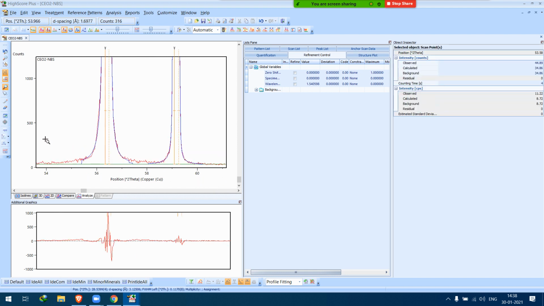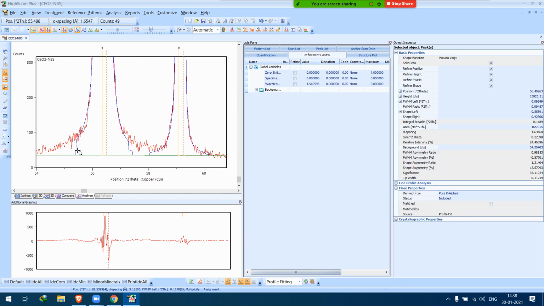Okay, now we are looking for one problem here. If you can see, our data and this fitted data is actually behaving very abruptly. The fitted data is actually dropping very soon. You can observe here.